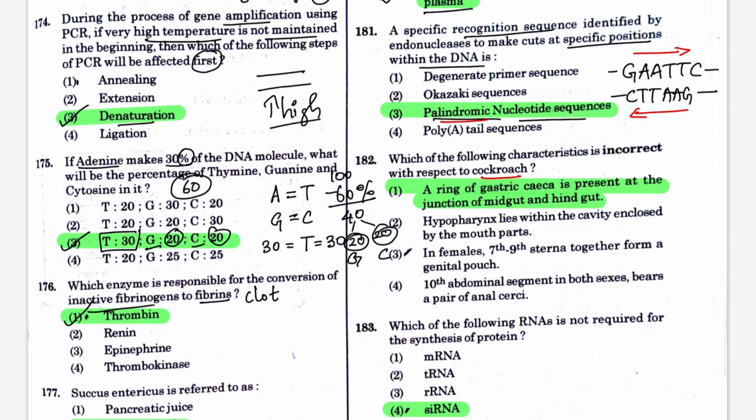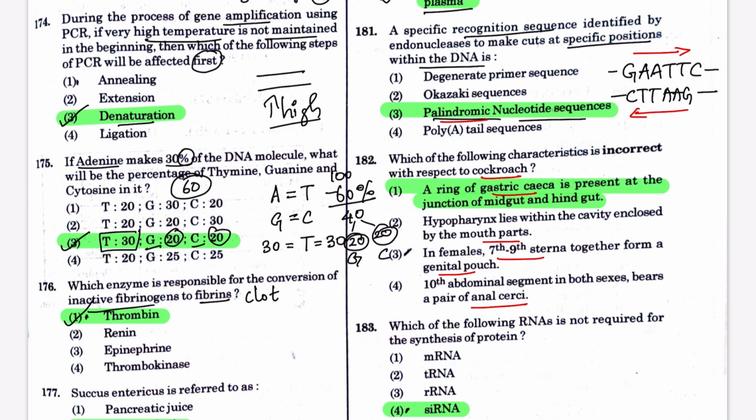We know hypopharynx is a kind of tongue with respect to the mouth parts of cockroach. In females, the 7th to 9th sternum together are called the genital pouch. That's right. The 10th abdominal segment in both sexes will possess a pair of anal cerci. This is also right. But look at the first option, a ring of gastric caeca,